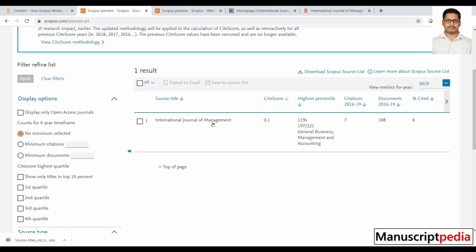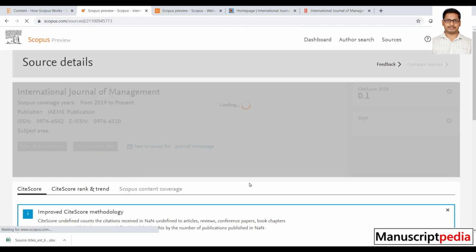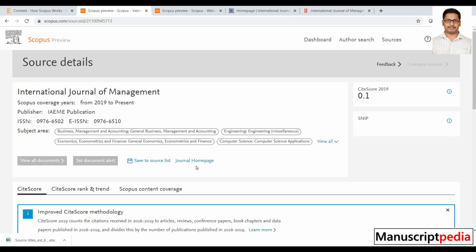As you see here, International Journal of Management: the Scopus coverage is from 2019 to present. So this journal is currently indexed in Scopus.